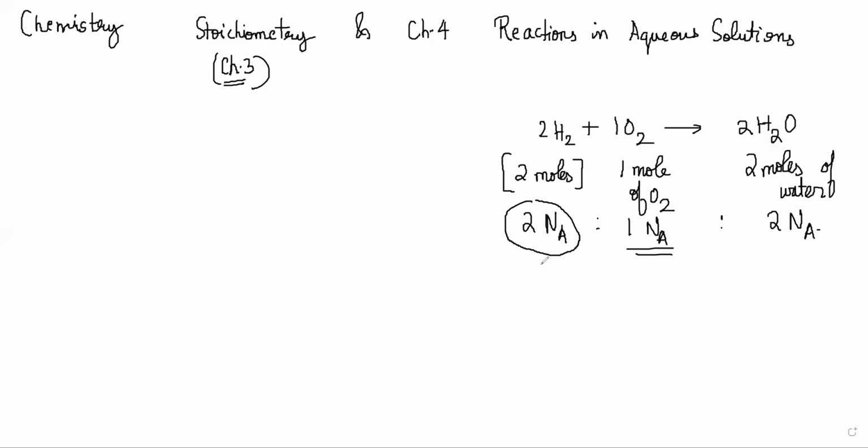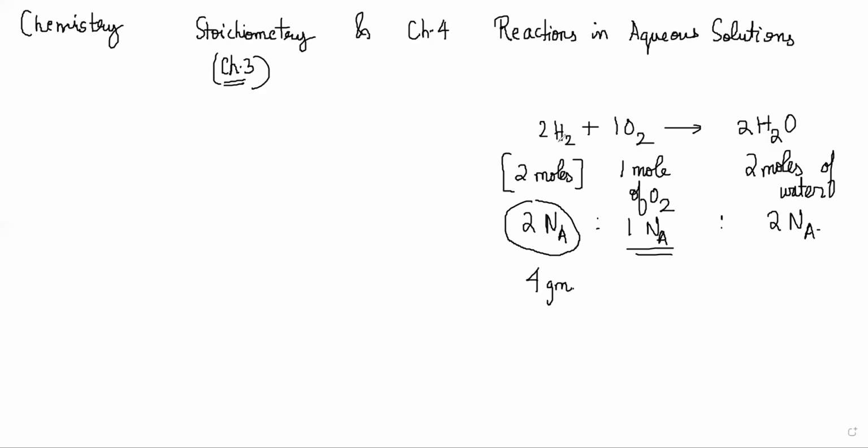So 1 Avogadro number of hydrogen, H2, should be 2 grams. So 2 moles will be 4 grams, because 1 mole of H2 should weigh 2 grams, because its atomic mass units weight is 2 AMU. But the Avogadro number has been chosen in such a way that if you take 1 Avogadro number, then whatever is coming in AMU will be in grams, the weight. You understand this point, no? Yes, sir. I got it.